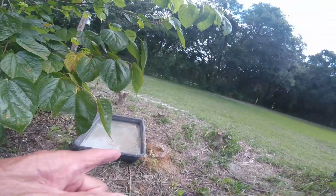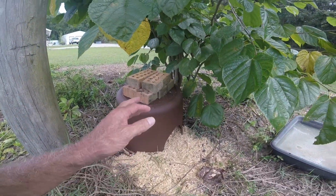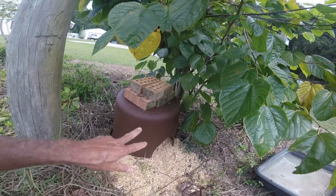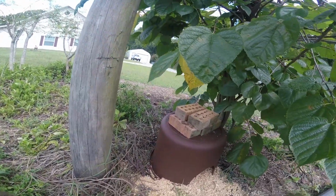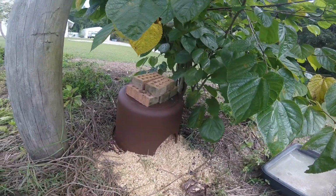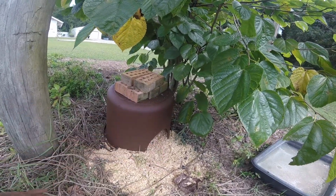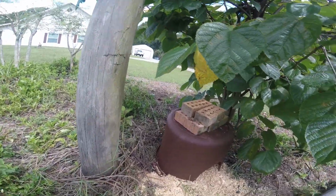I figured he would. I figured he'd come in and find this. But if I can get the ducks to lay an egg in here, I will start taking those eggs. But I'm going to get a fake egg to trick them and put a fake egg in there. And that will help keep the coon out of here too. I don't think he's going to go in there. He may bite on it, but he's going to realize it's not a real egg, and he'll leave it alone. But the duck's going to see that egg in there, and it may coax her into